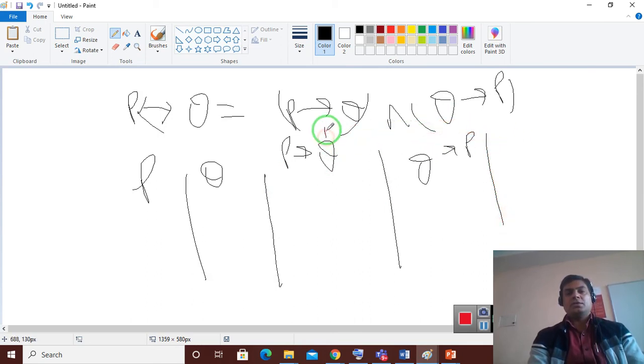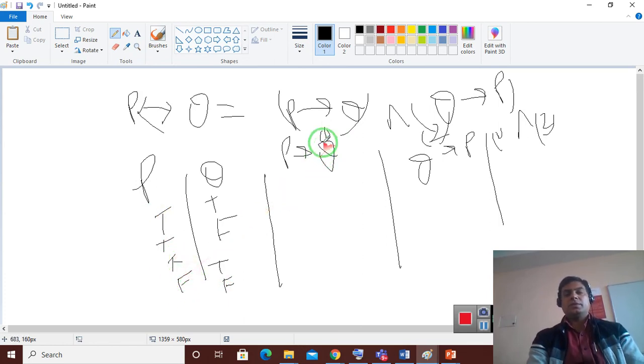So now we are considering column 1 and column 2, and you should find the conjunction of column 1 and column 2. We have the possible combinations, 2 to the power 2, that is 4: true true, true false, false true, false false.